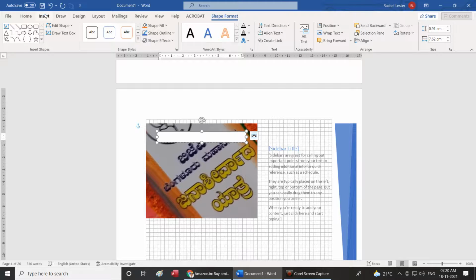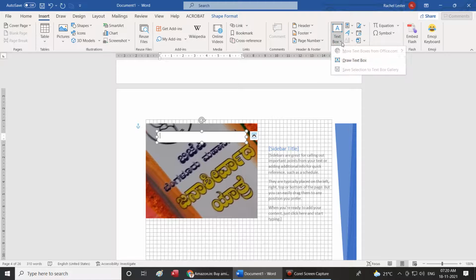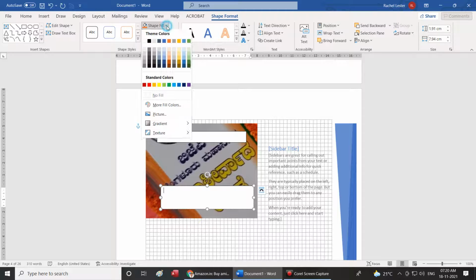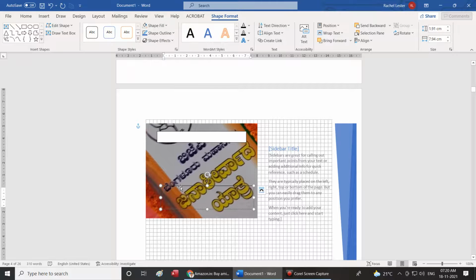Okay, again one more insert, draw text box, insert one more text box here. The background, if you want to keep it transparent, you can go to shape fill and say no fill, it becomes transparent. Whatever I enter, if you wanted it in white color, you could select white and then start entering. This is the image of the program held on 18th of November